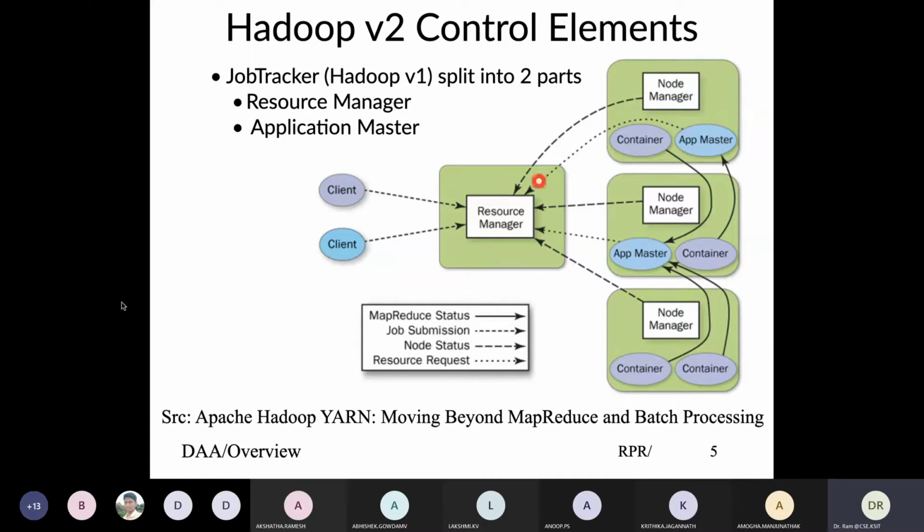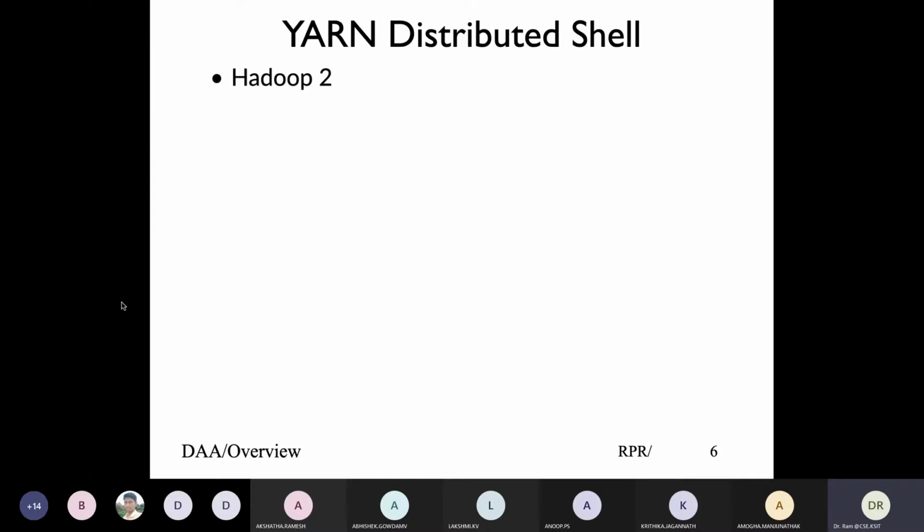So there is one resource manager which basically looks at the entire cluster and looks at what the resources are available. Resources basically meaning node uptime, compute power, memory, bandwidth, storage, and other things. And the application master is for a specific application. So whenever you run an application, there will be one application master running. Of course, the application master would run on some of the nodes, and others would run the applications. So let's look at how this really works.